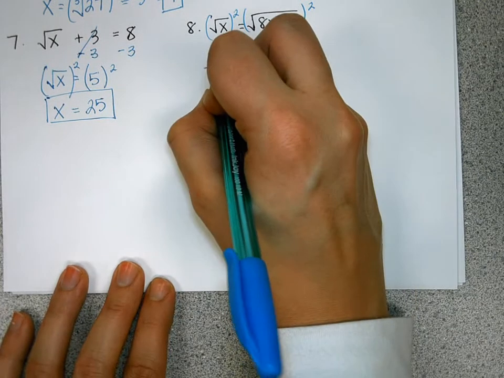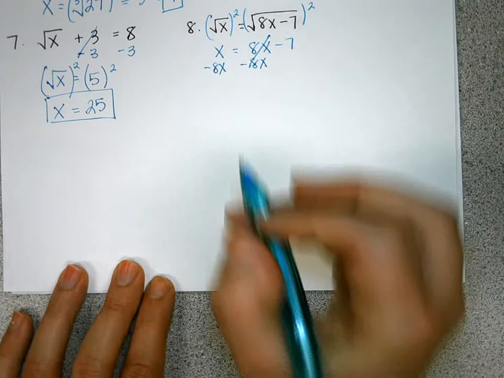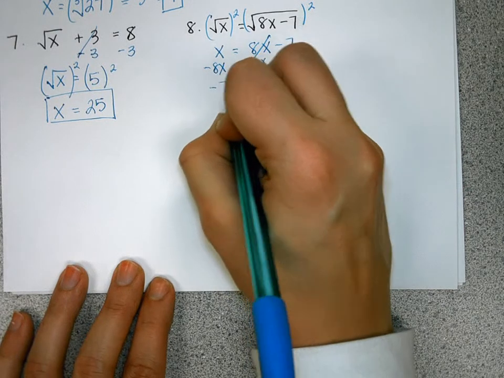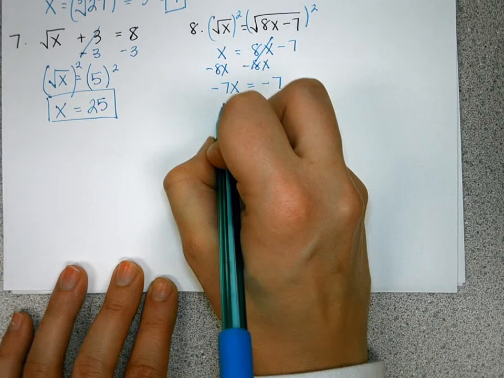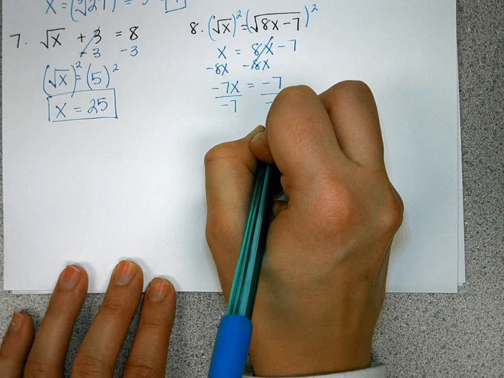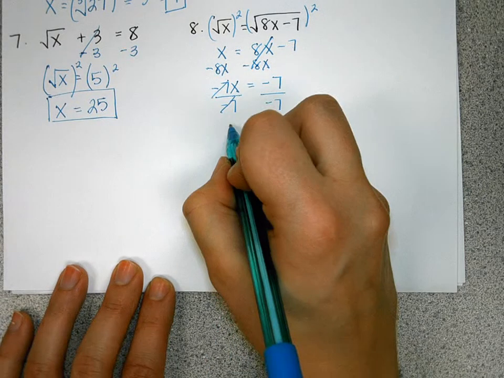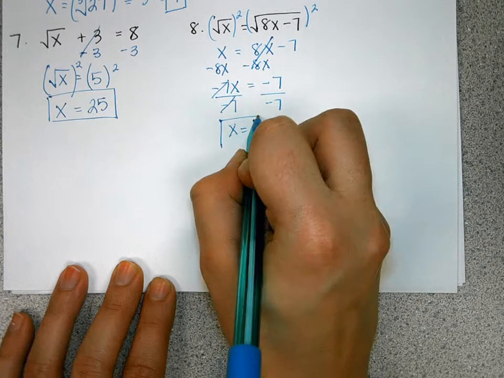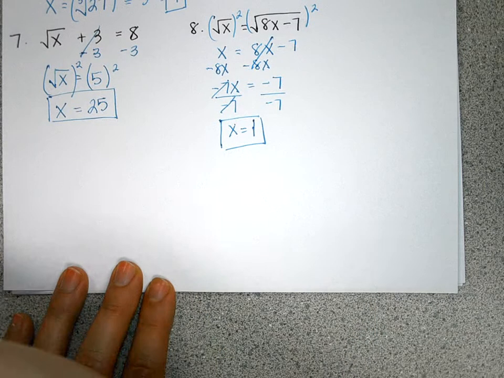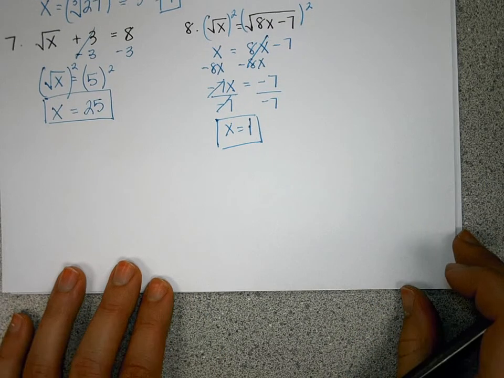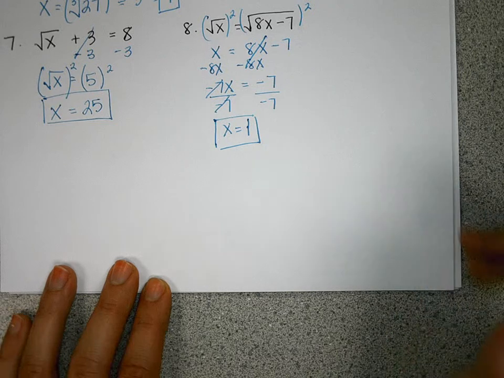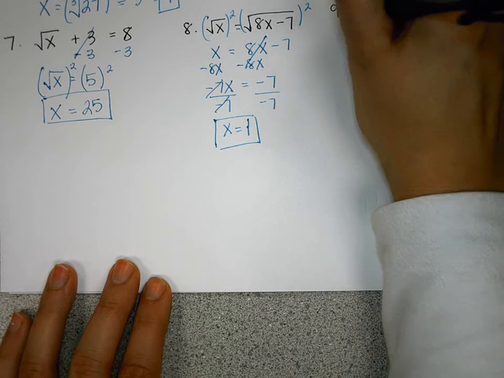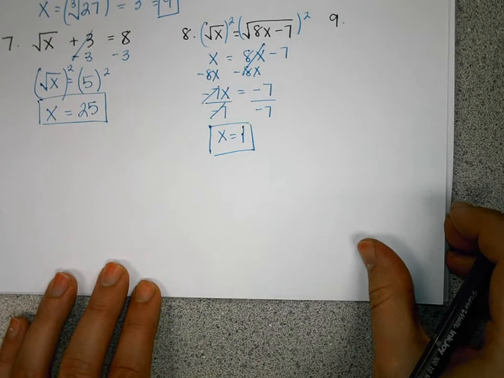That gives me negative 7x equals negative 7. Divide both sides by negative 7, so x equals positive 1. Number 9. x minus